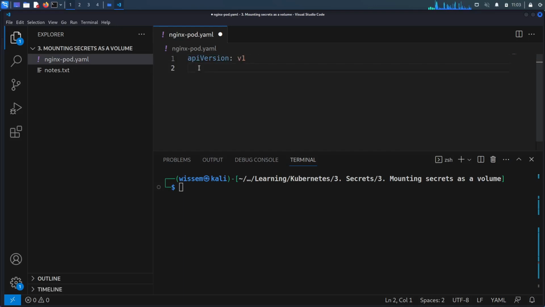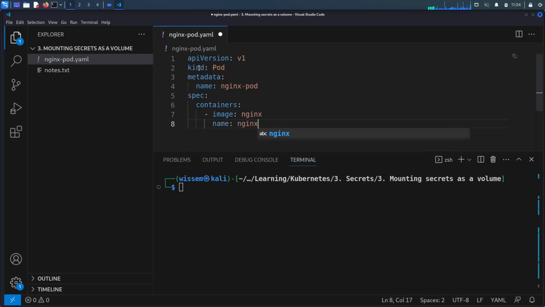Which is v1, then kind: Pod, and then in the metadata section we will give our pod a name, for example Nginx pod. Then in the spec section here we have the containers property, which is an array of containers. So here we're gonna create a container using the image Nginx, and we will give our container a name, for example Nginx